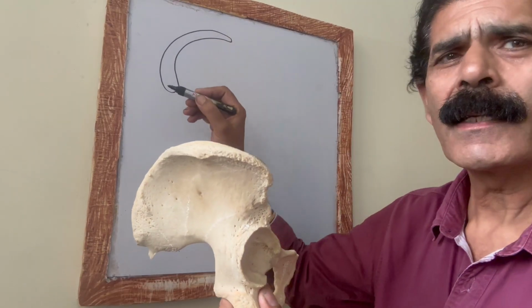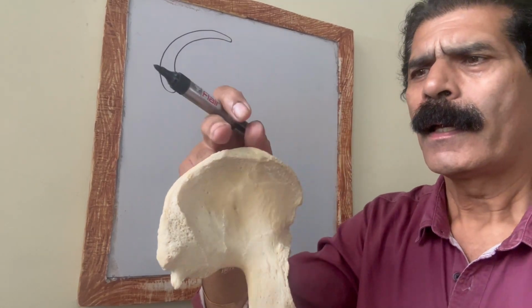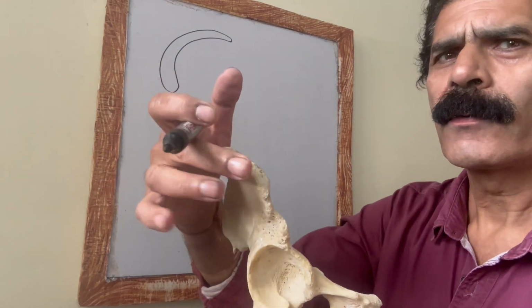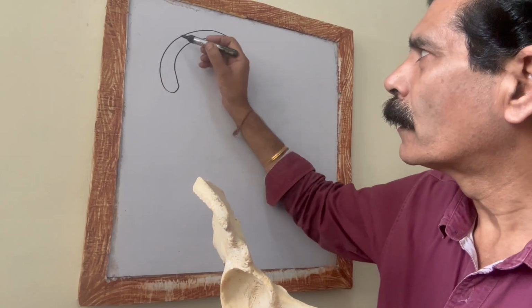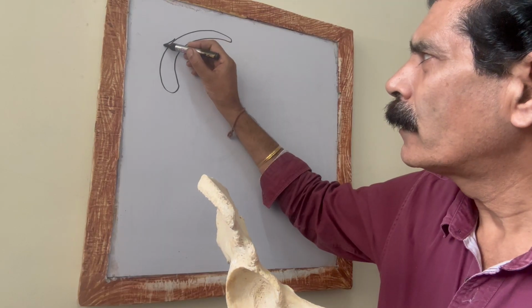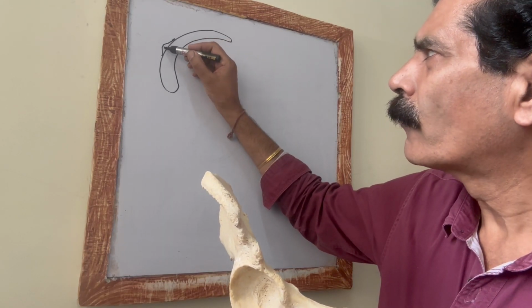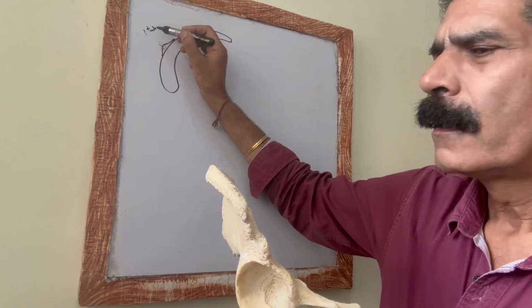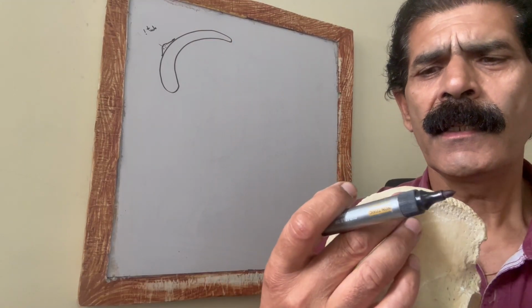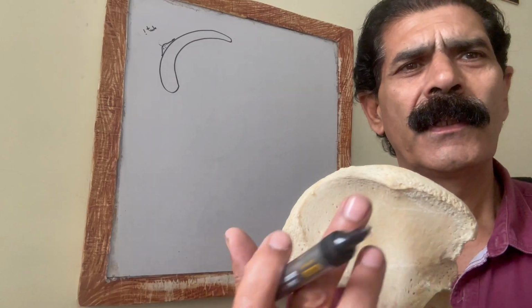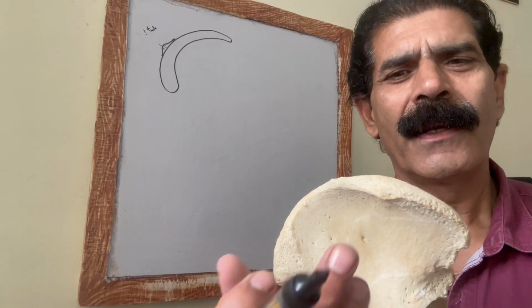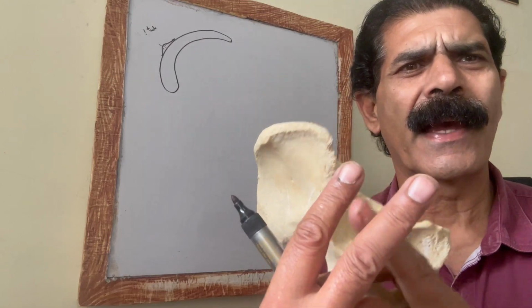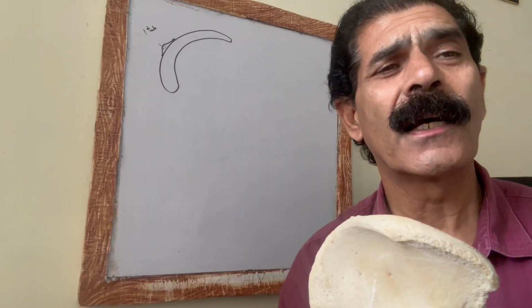So this is the iliac crest, the upper one, and it has got the inner lip, the outer lip and the intermediate area. The outer lip anteriorly has got a swelling, this is called the iliac tubercle, and to this iliac tubercle is attached the Y-shaped iliotibial tract, and in this gap of the Y of the iliotibial tract is present the tensor fascia lata muscle.